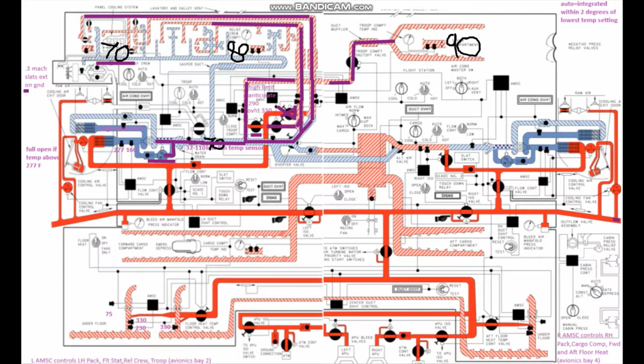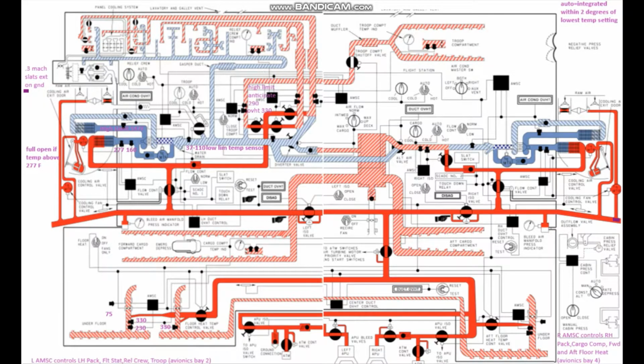So in the manual mode, which is slightly different, the air coming out of our water separator is going to be 37 degrees. Right there. So the low limit temp control valve, with inputs from the AMSC, is going to input just enough air to keep the output of the water separator at 37 degrees. And so what this does is, as air is making its way through in manual mode, you no longer have it automatically trying to keep the temperature at a certain